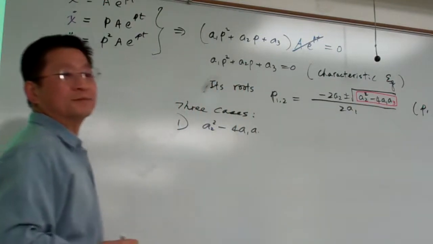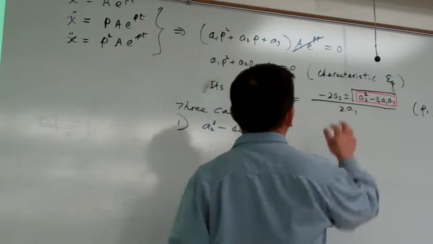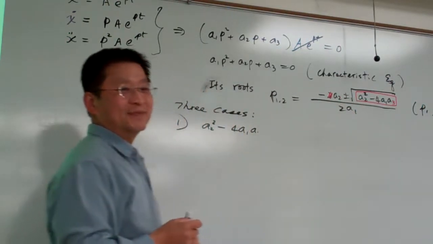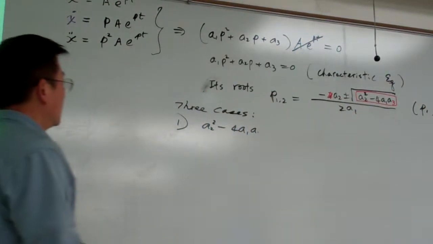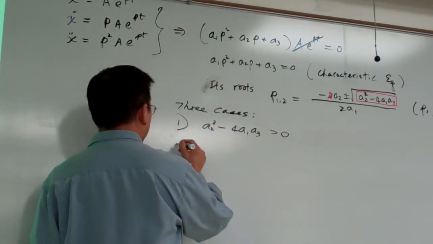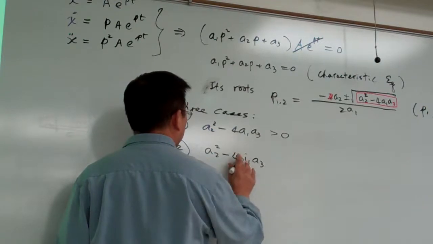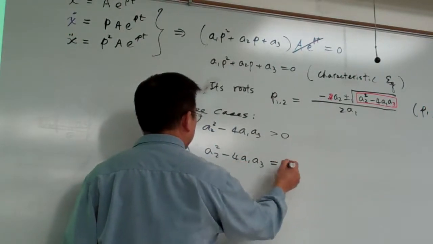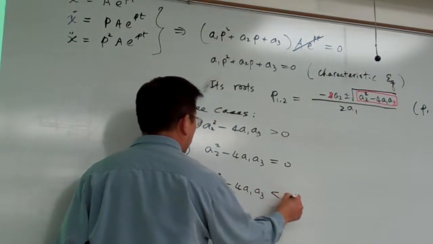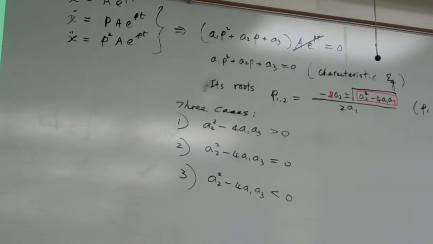Okay? So, yes? Shouldn't that also be just negative a2, not negative 2a2? Oh, yes. That's how it was on the slides. Sorry, that again, only minus a2. Yeah, thank you. Okay, so that is a2 squared minus 4 a1 a3 greater than 0. Then the second possibility is a2 squared minus 4 a1 a3 equal to 0. The third one is a2 squared minus 4 a1 a3 less than 0. Okay. So we have such three conditions here, and